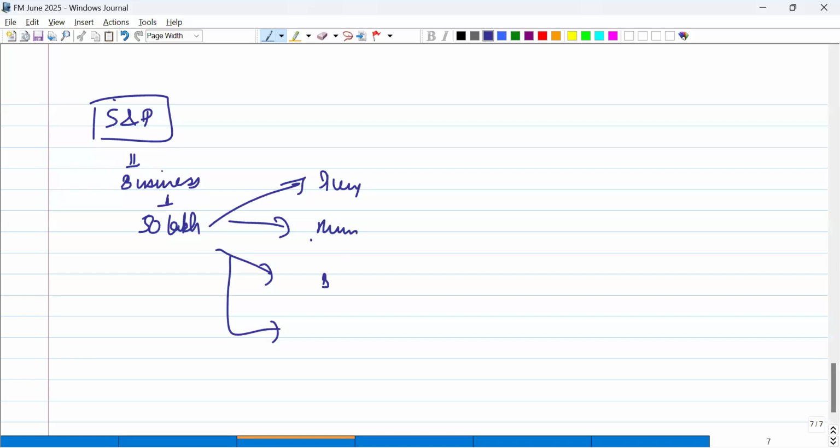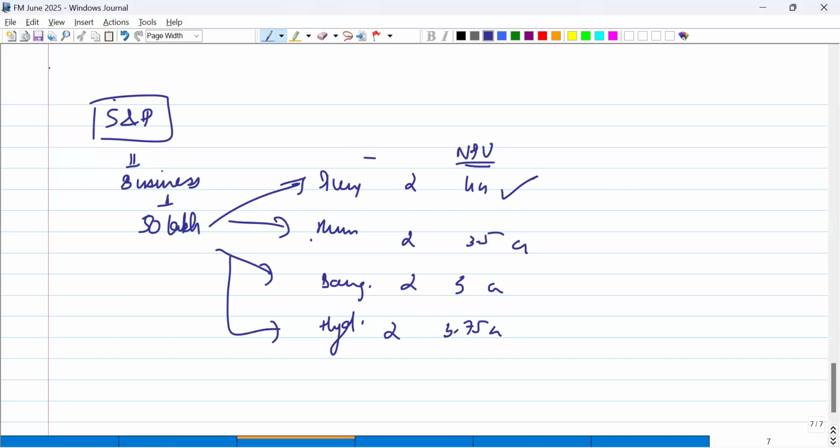So we had Pune, Mumbai, Bangalore, and Hyderabad. Correct? For 2 crore, 4 crore; for 2 crores, 3.5; for 2, 3; and for 2, 3.75 crores. So you said, sir, what do you do? Go to Pune, right? I said, boss, as a decision, you have the maximum NPV where? In Pune. So you go ahead with the Pune project. This is the NPV that is there. Makes sense? Now you decided you want to go to Pune.